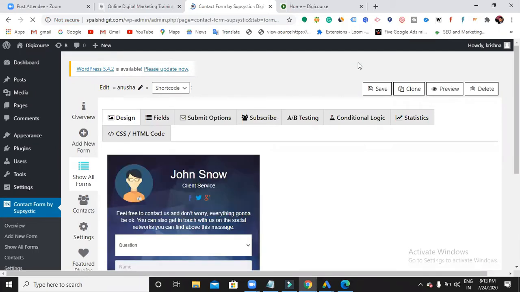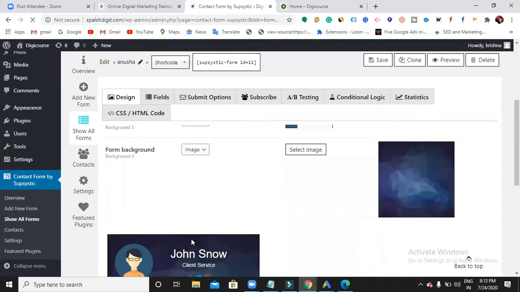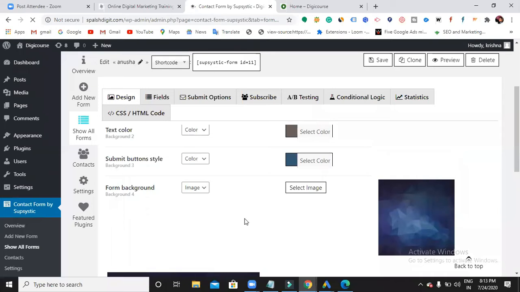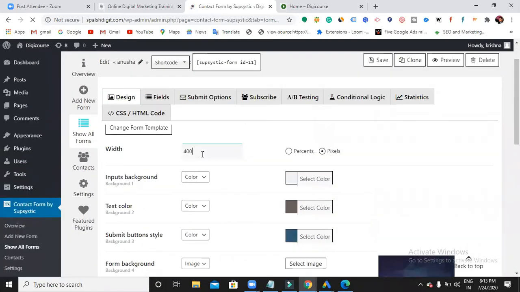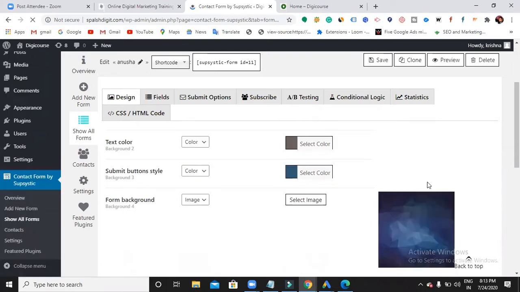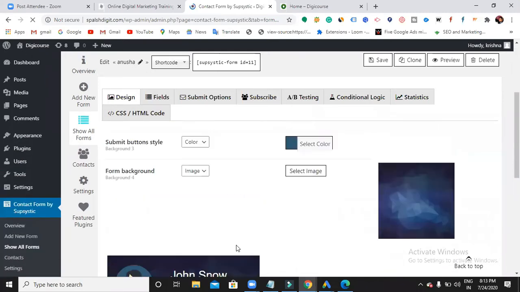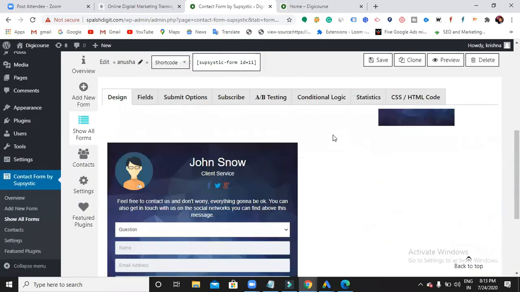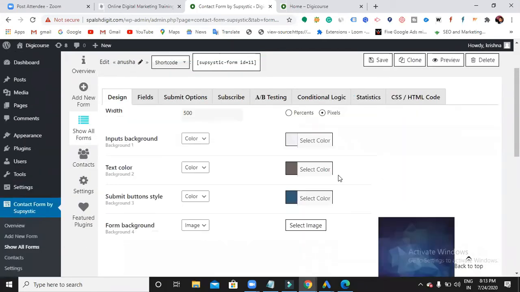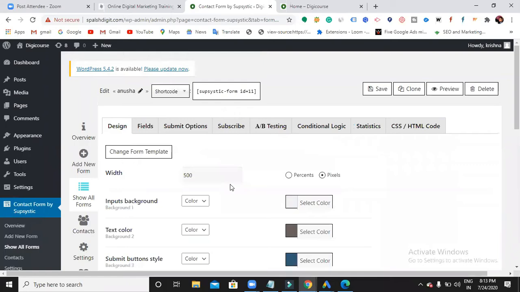That means you selected the plugin, the format of the plugin. Now you can design the whole complete plugin also. So this format you can design it. As of now, the width of the plugin is 400. So you can change the width. See now, observe carefully. This is the width, and let me go with 500 and save it. So what happened to my width? Got increased or not, right? So in such a way, if you want to change the width, the size also, you can change it.